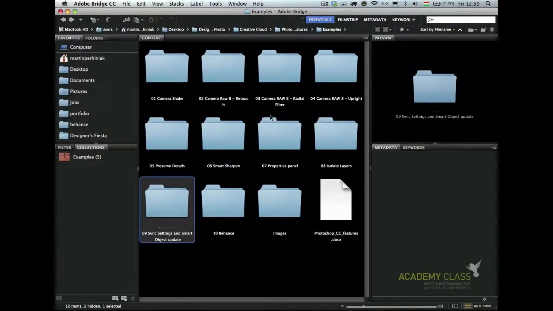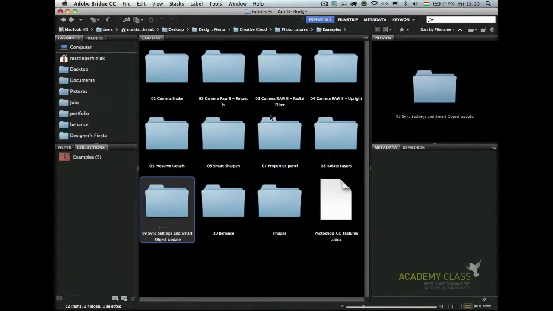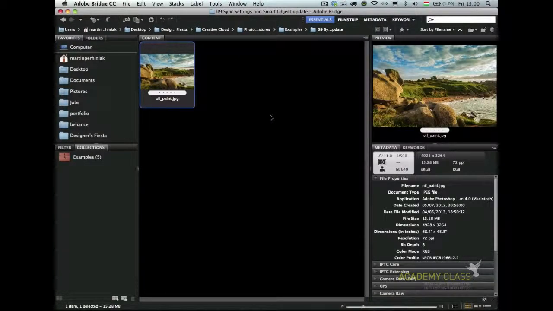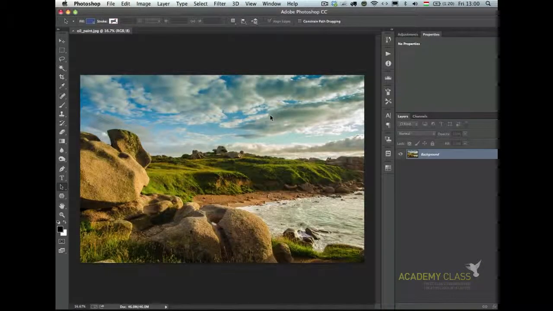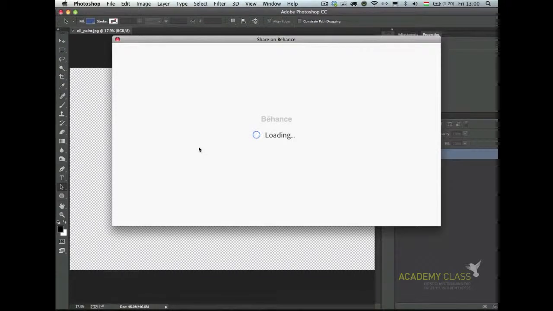Okay, sync settings. Smart Object Update is another thing we can have a look at here. Let me just open this one. So there's a new icon here at the bottom, which is actually, there's 2 new icons. One of them is the share on Behance option, which let's just see if it might be a bit faster now, hopefully. I'm only on the wireless, but it doesn't want to load in. That's one of the new icons, the share on Behance, and the other one is the sync settings icon, which